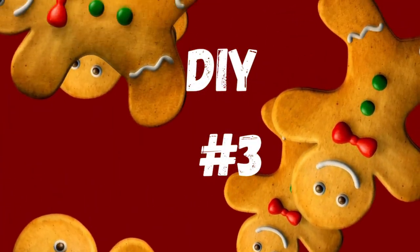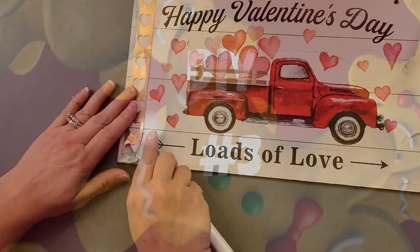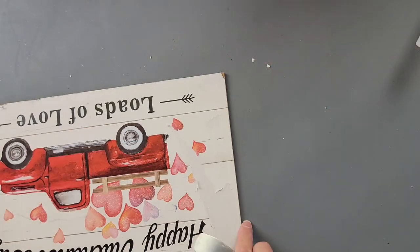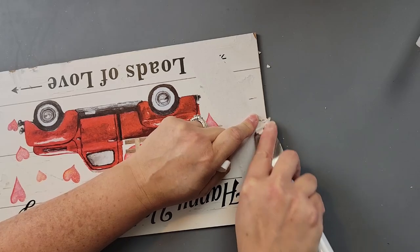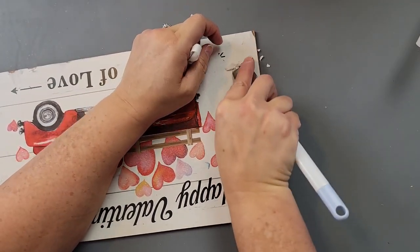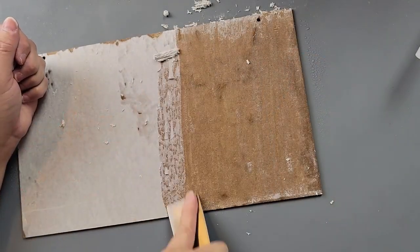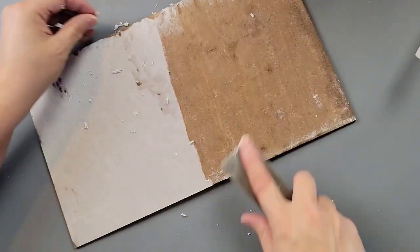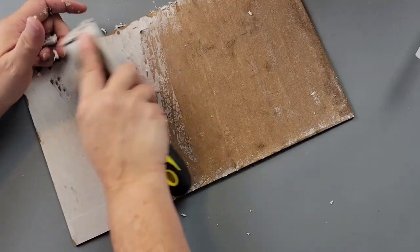Okay, DIY number 3. For this DIY, I'm going to take this Valentine's Day sign. I'm going to remove those metal little hearts and save them for Valentine's Day. I'm going to remove all of the paper that goes on there. This paper was not wanting to come off. This took me forever, but I got it all off, and then I sprayed it with water. I let it sit for a few minutes. I probably should have let it sit a little bit longer or sprayed a little bit more water on there. It would have come off a lot easier and cleaner, but I did eventually get it all cleaned